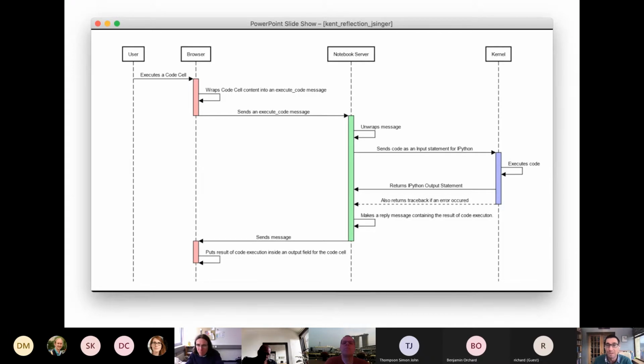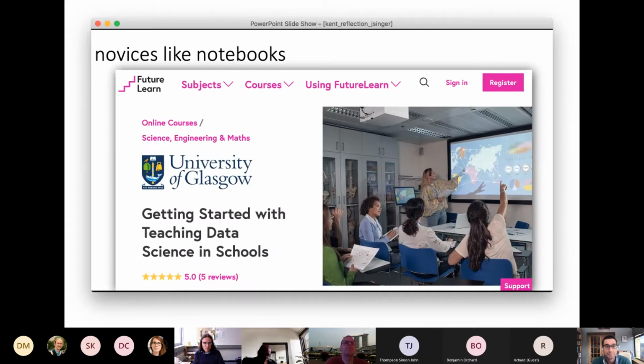So you've just got the Python code left to the kernel, which is effectively our stateful Python interpreter, which executes the code, then returns the value, if any, or the side effects of the output back to the server, which then replies to the browser, which then visualizes the output for the user.